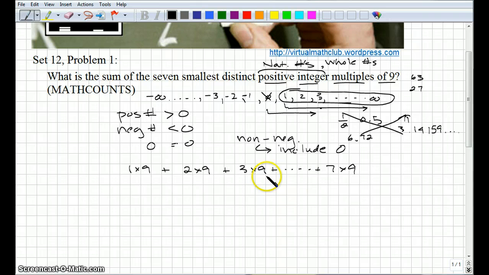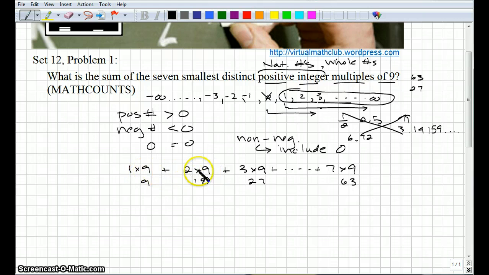So we have a sum of numbers. These would essentially be 9, 18, 27. This is 63. There's a bunch of numbers here we left out. Now there's a number of different ways that we could do this. One way you might do it is